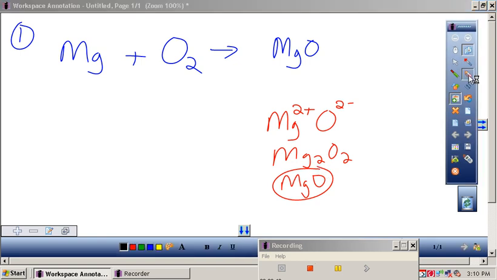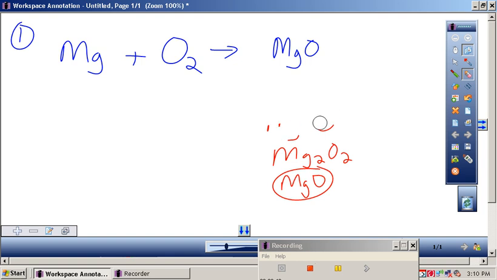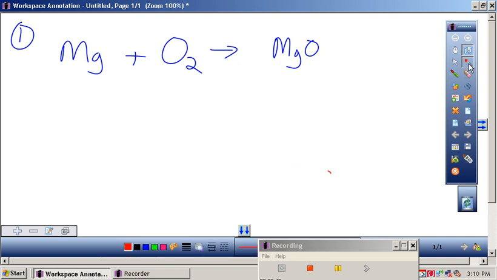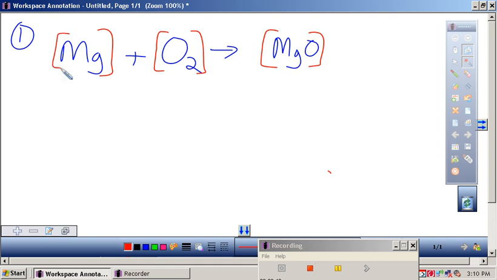All right, from there, let's get rid of all this now. Now that I know I have my right formula, now I can balance it. Same thing on the left that I have on the right. So I have 2 oxygens. Actually, before I do any balancing, I'm just going to box those guys in. Now that I have the right formulas, do not change the subscripts, but instead change the coefficients, the number